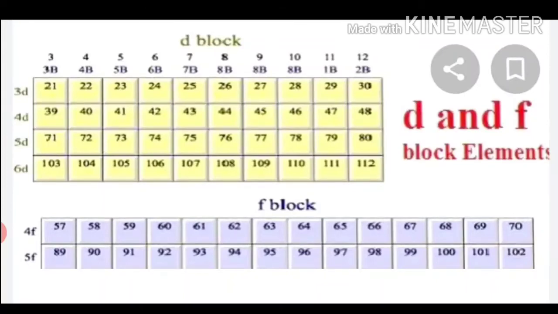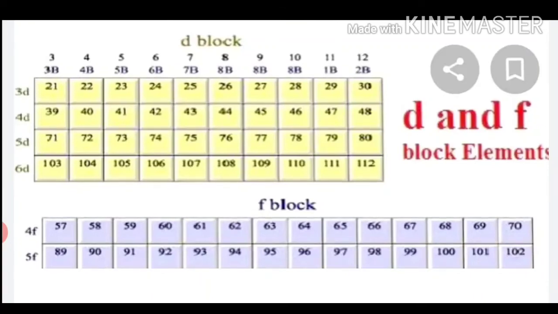So the melting and boiling points of transition elements are very high. The trend of melting and boiling point is not uniform. In the series, at first the melting and boiling point increases with increase in atomic number, and becomes maximum at the middle, then the value of melting and boiling point falls with further increase in atomic number. This is because of the fact that the more the number of unpaired electrons, the more will be the metallic property, and the more the number of paired electrons, the more will be its non-metallic character.